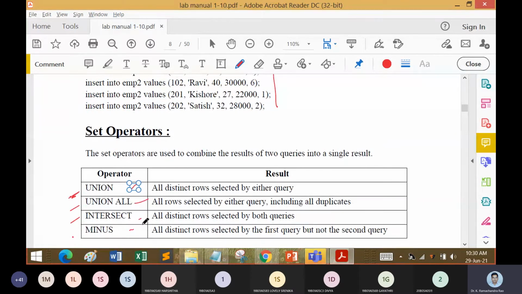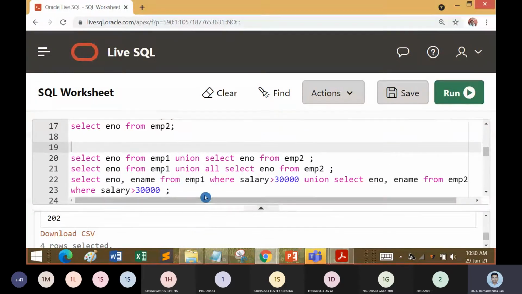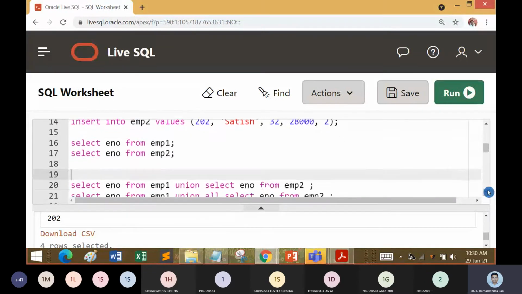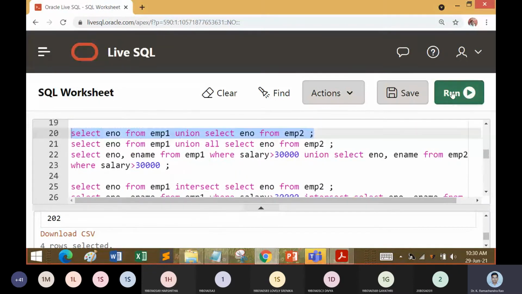So you will have duplicates with union all. Then we are going to work with the union all operation. Fine. So now let us move to our existing SQL part. What will be the union at this part? We'll be having the two fields 101 and 102. Only those two will be taken up.